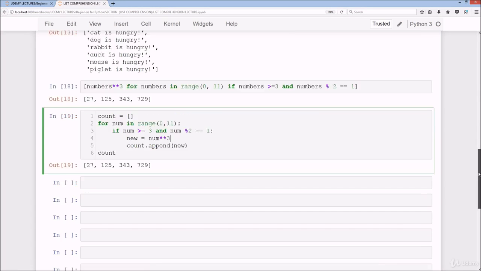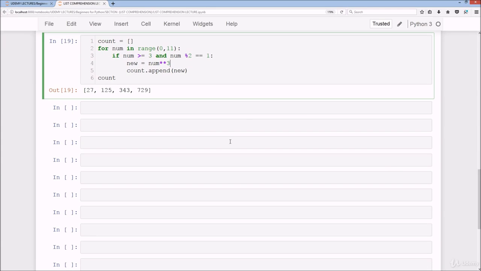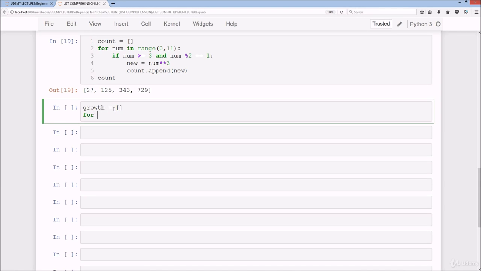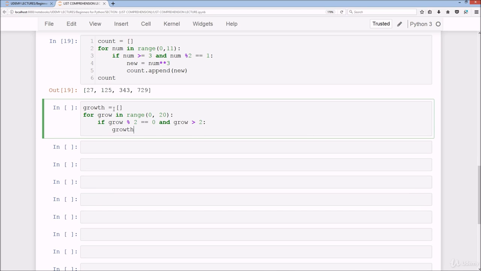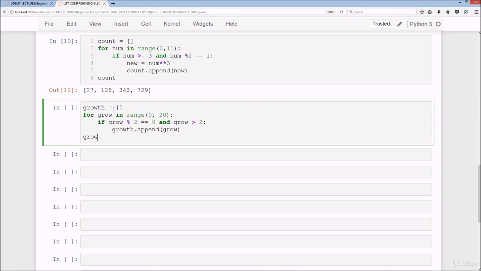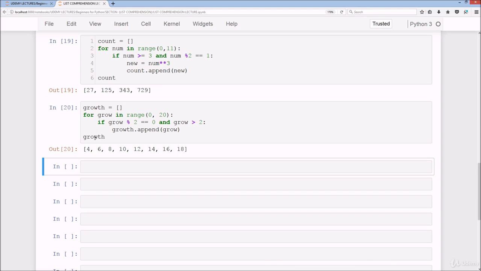Okay, so moving on from that, what we're going to do now is, let's say growth equals empty list, for grow in range 0 to 20, colon, if grow modulus 2 is equal to 0 and grow is greater than 2, colon, growth.append(grow), and we'll print growth. Great, so you have 4 all the way to 18,